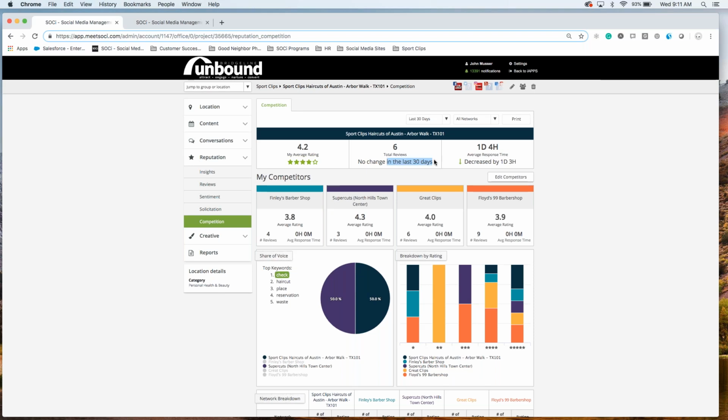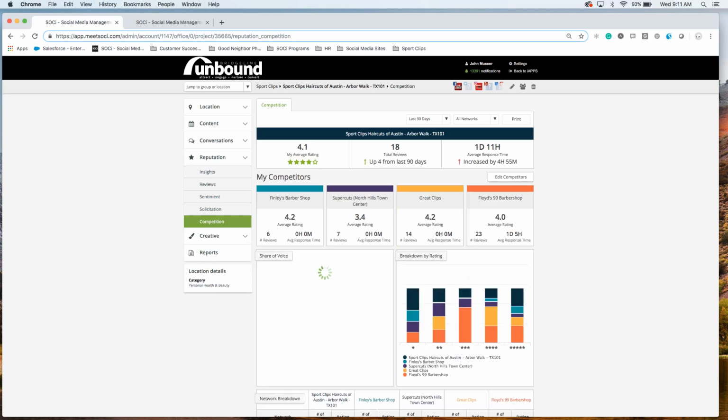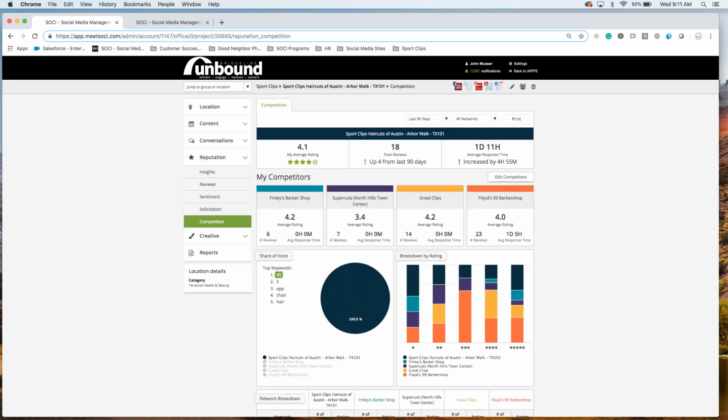There's not been a change in the last 30 days. And it's going to show you your average response time. Again, that's why I do like to look at a little bit larger subset of time, because I learn a little bit more from the dashboard based on that. So 18 total reviews, that's up 4 from the last 90 days. So we're able to see that change as well as our average response time and the increase or decrease in